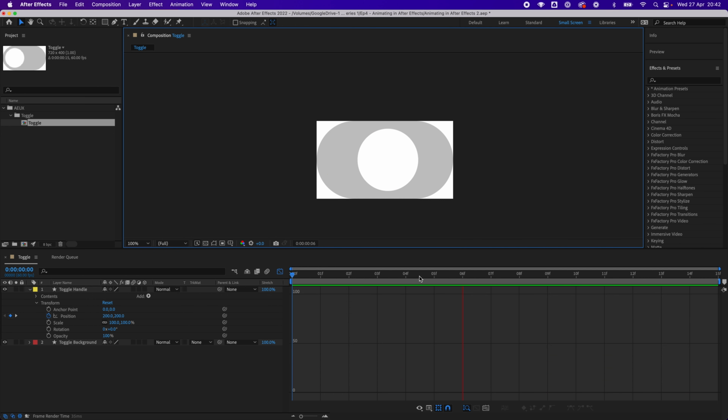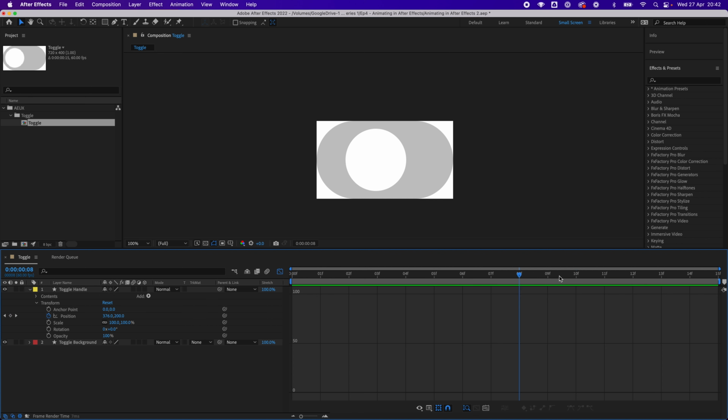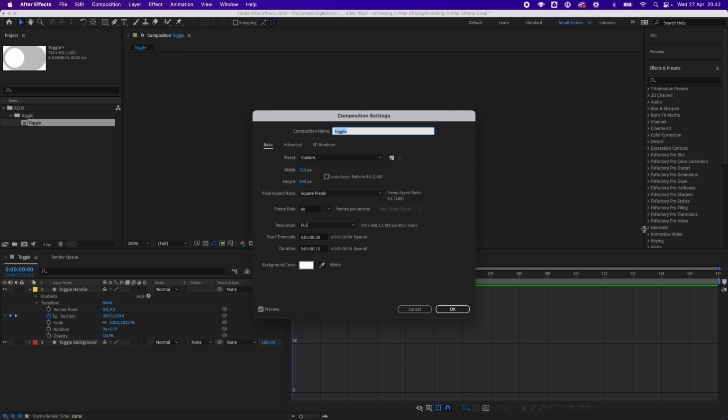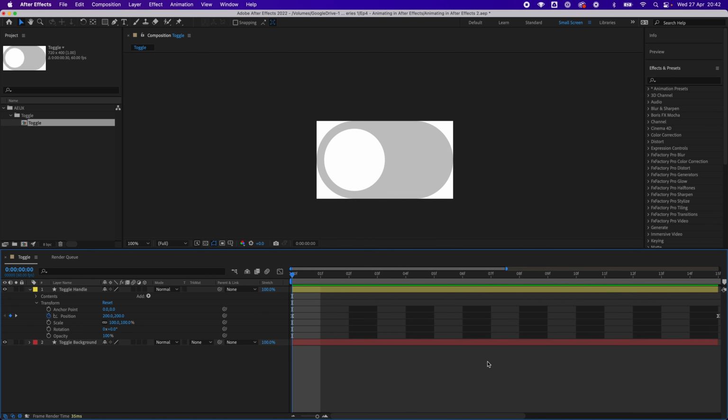If we play it, so it's playing quite quick. We might actually need to slow that down. In fact, I think we are going to need to slow that down. So let's make that half a second again and exit the graph editor,